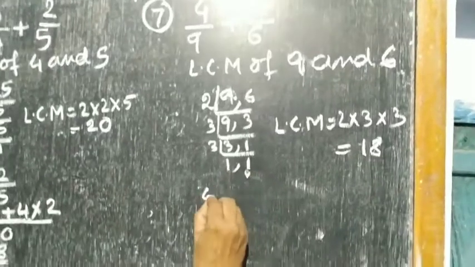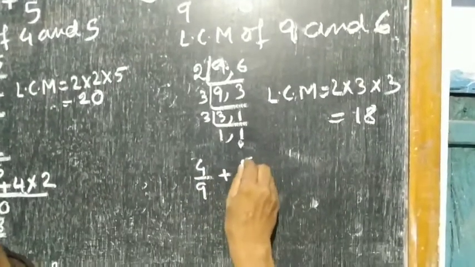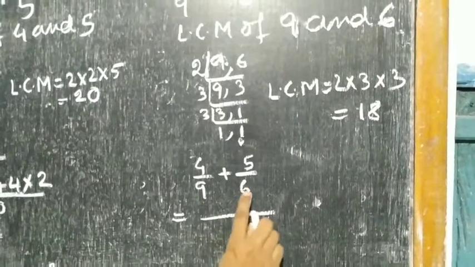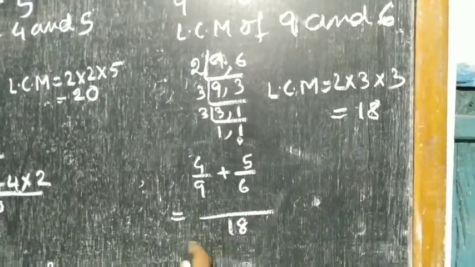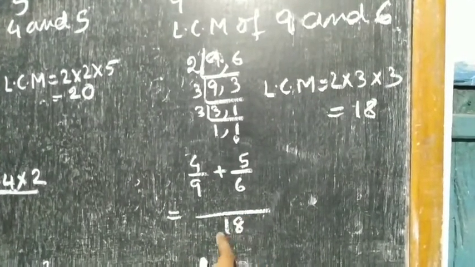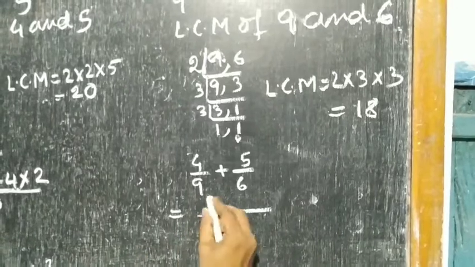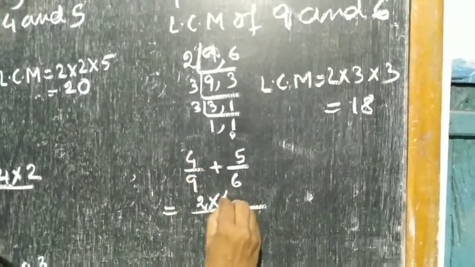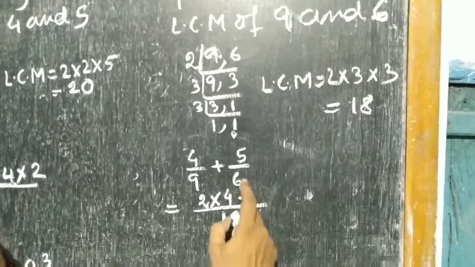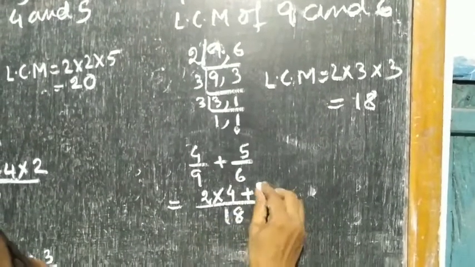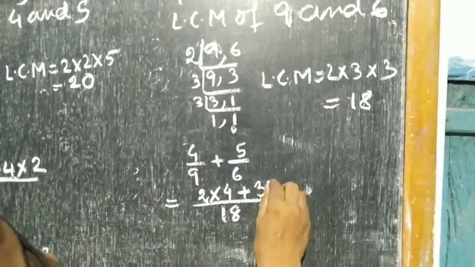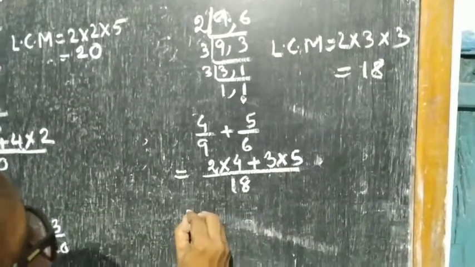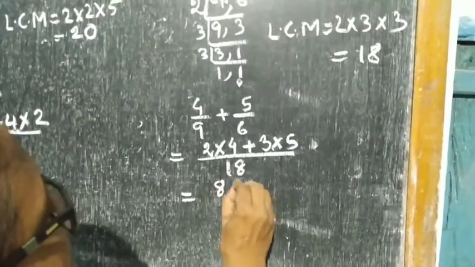Now children, you write the sum 4 by 9 plus 5 by 6. So what is the LCM of the denominators 9 and 6? 18. So write in the denominator 18. Now you divide 18 by 9. So 18 divided by 9, 2, into 4, the numerator. Again 18 divided by 6, it will be 3, into the numerator 5. So 2 fours are 8 plus 5 threes are